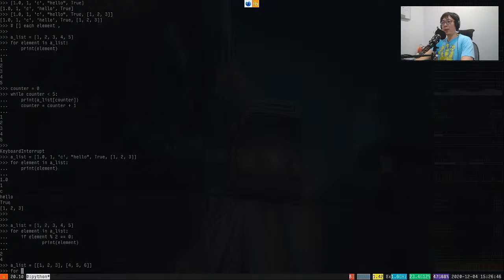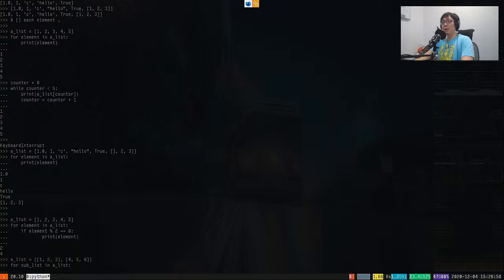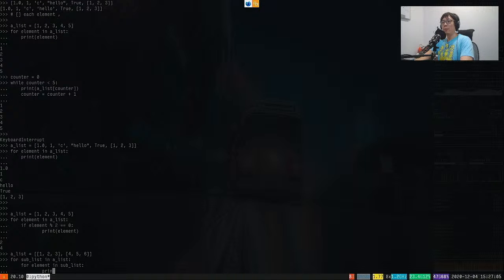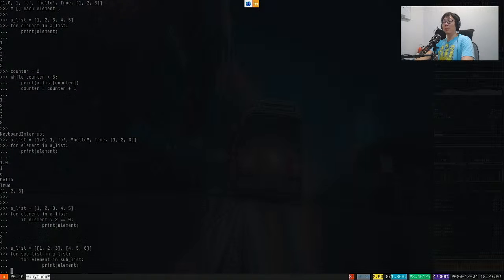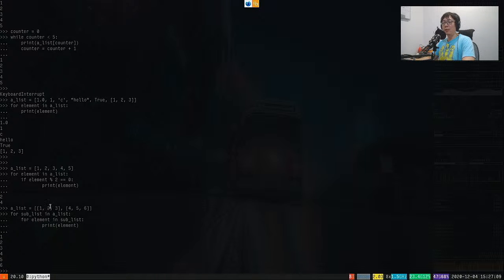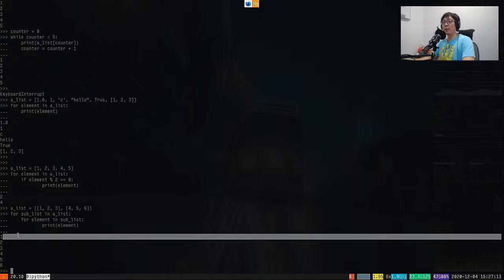what you can do is for sublist in a list, for element in sublist, print element. Then it will print everything sequentially, each taking 1 line. So what happens here is that